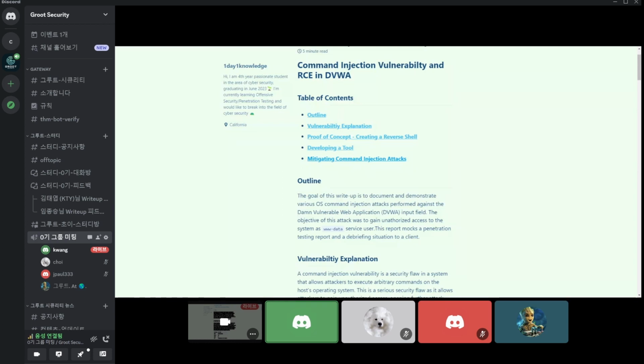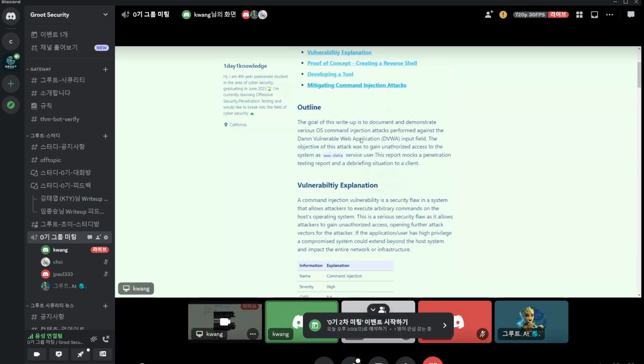The goal of this presentation is to notify our clients regarding a command injection vulnerability within the DVWA execution directory path's input field. We would like to thereby suggest our findings and subsequent mitigating measures. To briefly introduce the vulnerability, a command injection vulnerability is a security flaw in a system that allows attackers to